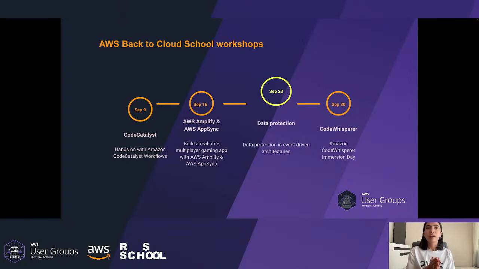Currently we are at the third one, and you have one small chance to also be a participant of the CodeWhisperer workshop on September 30. But no worries, if you like the previous topics and want to attend, you can go to the YouTube channel, this exact one or the Russian speaking one, and watch the recordings. Make sure, if you'd like to attend the CodeWhisperer workshop, to be registered for that.